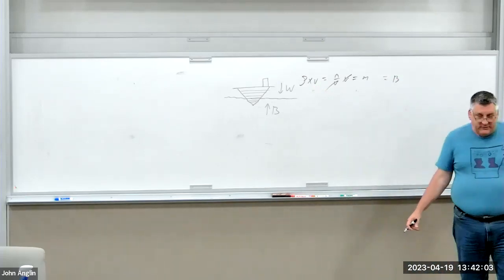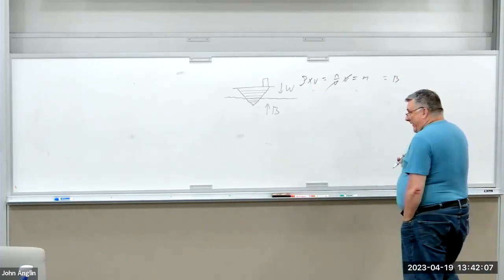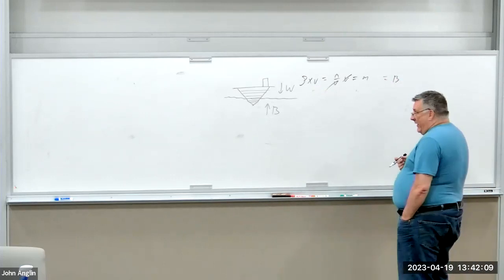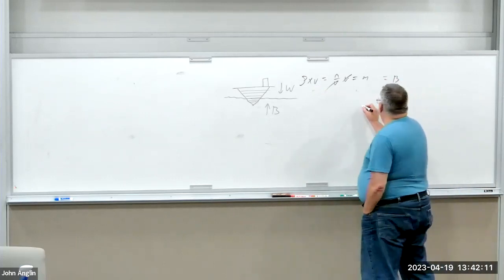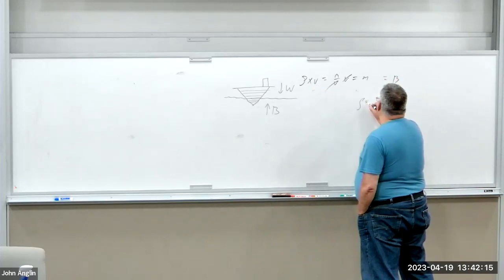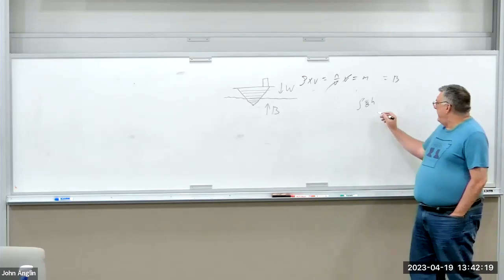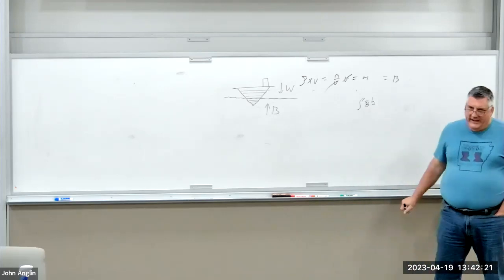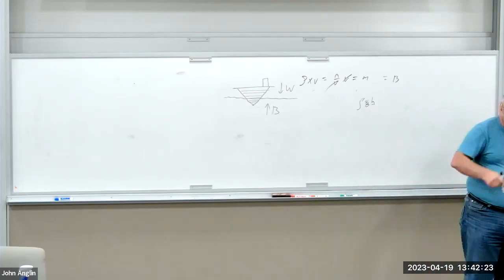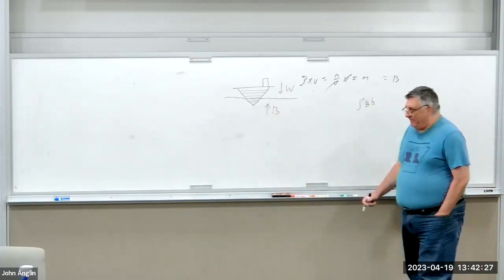The buoyant force of the ocean is pretty easy. We know the density of seawater. So if our density of seawater is that, what are we going to find? We're going to find H. It's going to be the depth that we sink into the water for this thing to float.